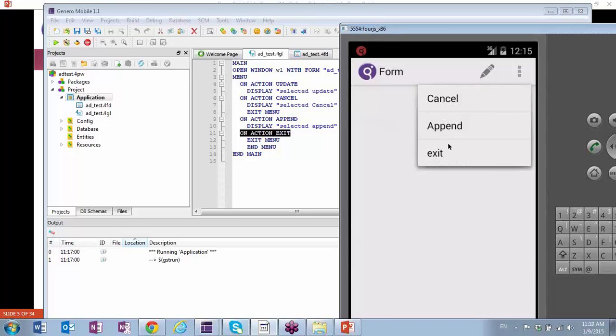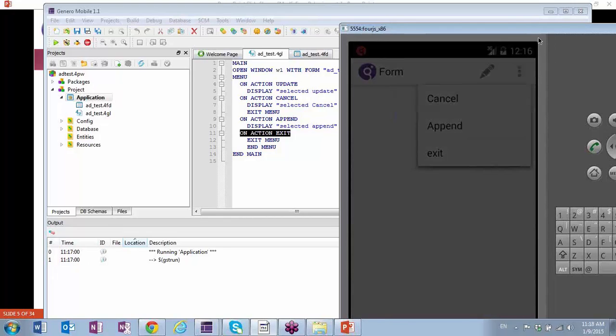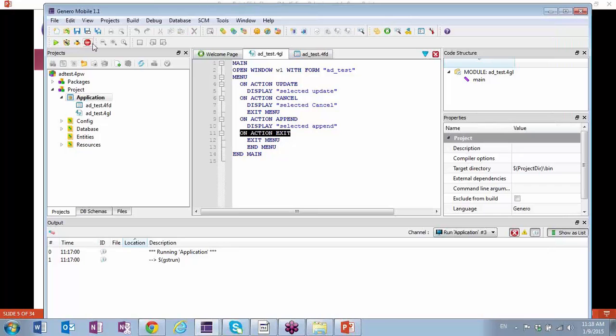Now, something I just want to point out real quick here is notice that cancel is not in uppercase, but it has a capital C, append has a capital A, and exit does not, which seems really strange at first. But we're going to learn why in this chapter, why that's the case. There's special configuration files or resource files that play a role in the way all of these things look in the form. So there's a reason why exit right now has a small case E and the other two have an uppercase letter. All right, so that's a good place to start, I think. So we'll abort that